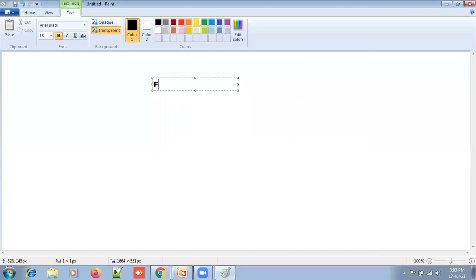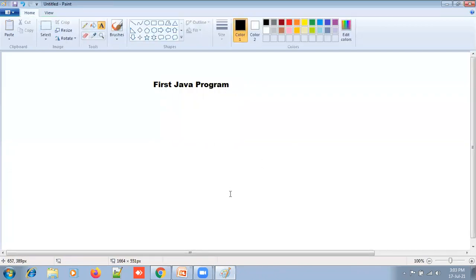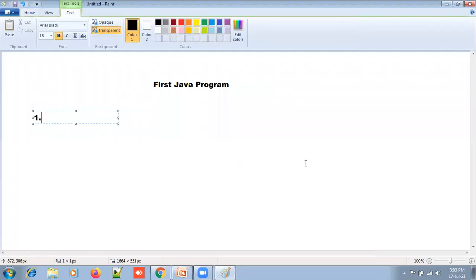How can I write my first Java program? There will be different steps.